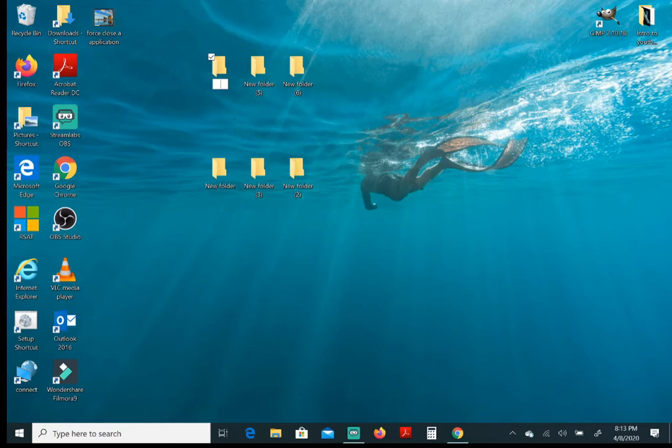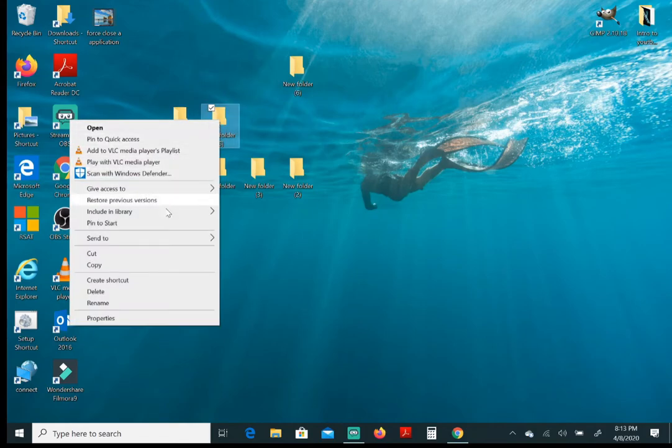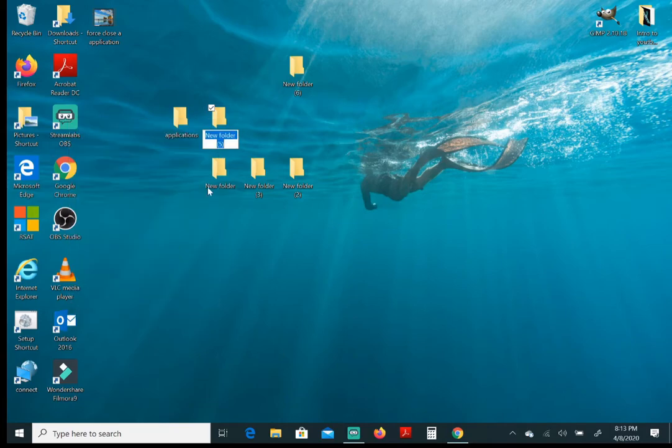So I can just do documents, or I can type applications. So there's my applications folder. Now this one, same thing. Right click it, go all the way down to rename. I can do